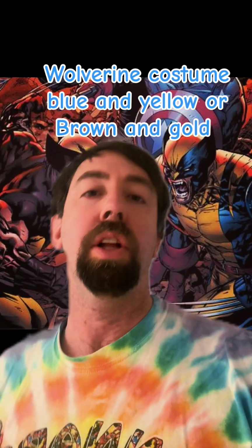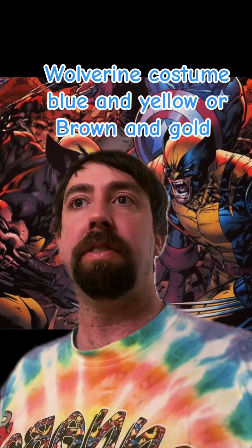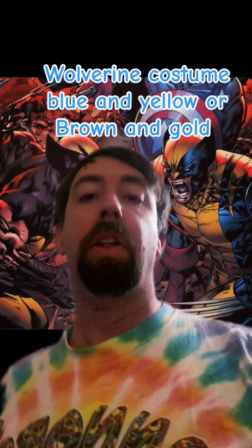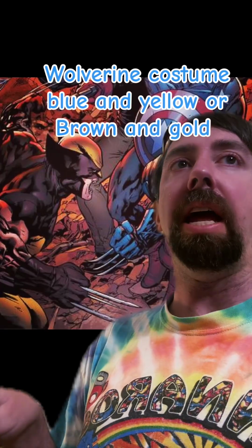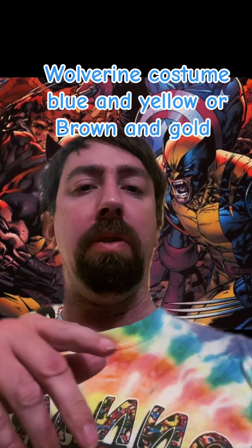Wolverine's costume? Which one do you feel like was the best? Now, Jay and I have talked about when it comes to the X-Men animated show, we discussed both the Pride of the X-Men, in which Wolverine had the gold and brown suit like this, and I think he originally had that in the comics. I'm not sure, or maybe in the original comics he went blue and yellow, like he did in the